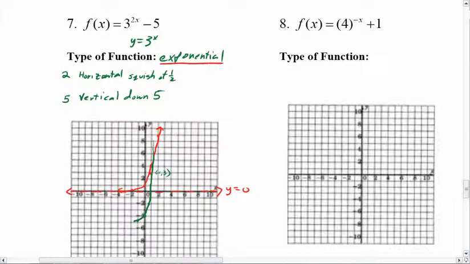Now, something to also recognize here is the horizontal asymptote. The horizontal asymptote, when you squish it, it moves in this way and this way, but at the same time it's already horizontal, it goes on forever, so squishing it isn't really going to do anything. So now we need to move it vertically down 5, so I'm going to go 1, 2, 3, 4, 5,